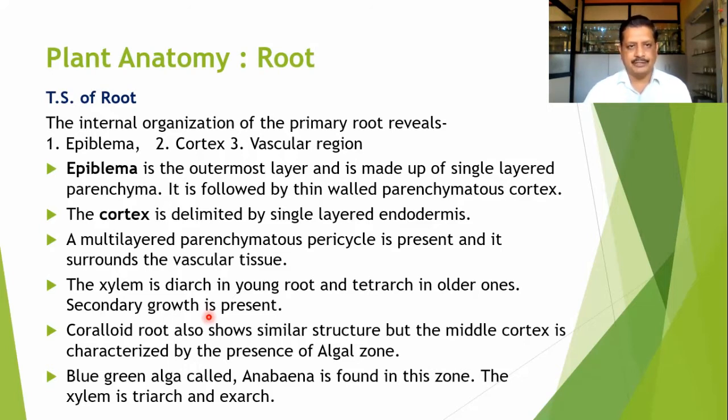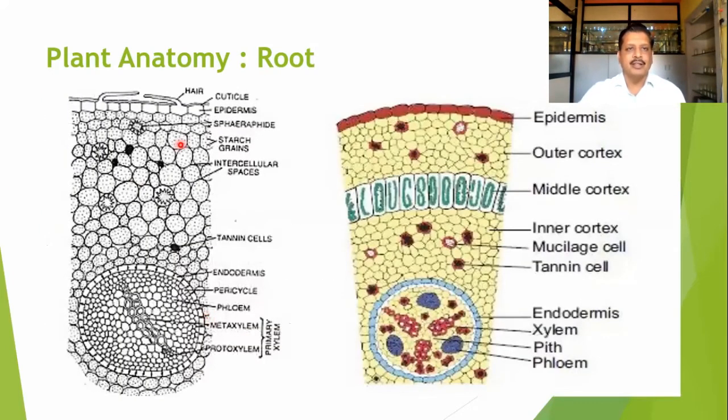Here in the diagram we can discuss that. Here you can find the normal root, where we can say the taproot system is there. The outermost zone is the single-layered epiblema. It may be covered with cuticle and small hairs can be present. So this is the epidermis or the epiblema. Next, the single-layered hypodermis is present, and the cortical zone ends with the endodermis. So this is all the cortical zone. Now here the endodermis and the multi-layered pericycle can be observed.